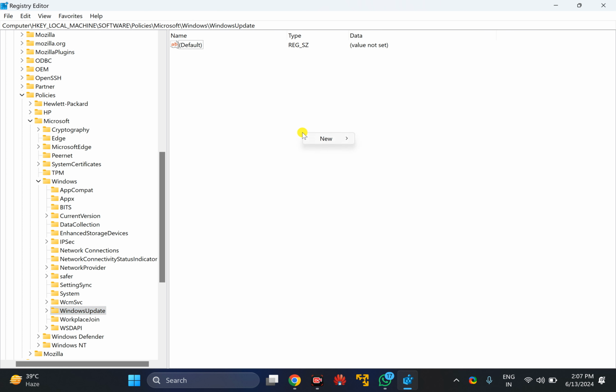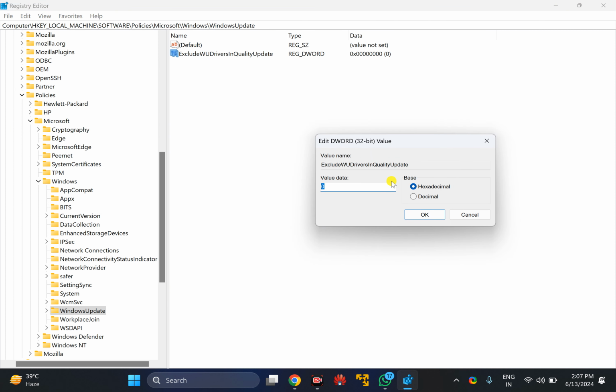click on the free space and then select here new and then DWORD 32-bit value option and name it ExcludeWUDriversInQualityUpdate. I will put this one DWORD as well as this one path in this video description. After creating this one DWORD, double click on this one and to disable automatic update